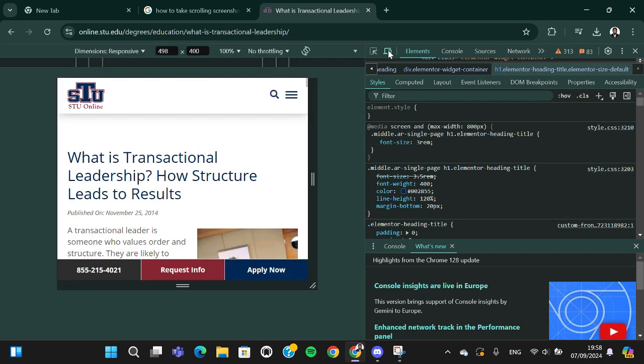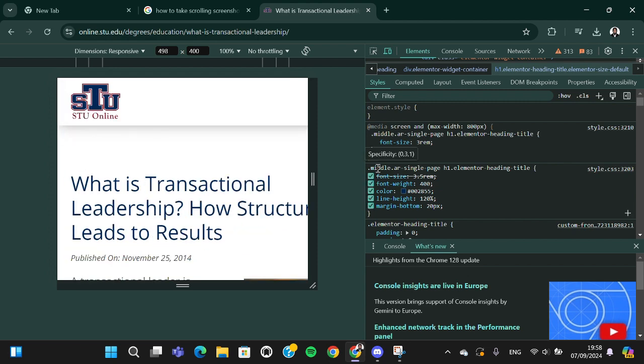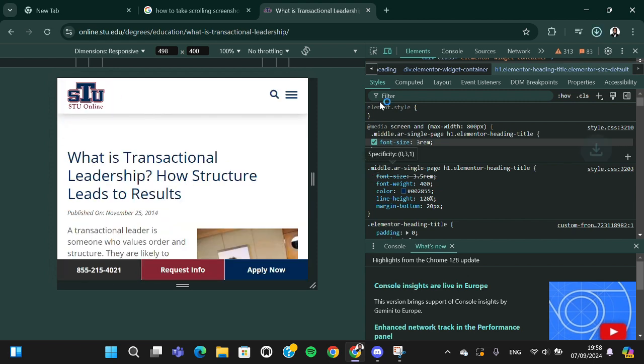Tap on this icon, and then you can click on this little arrow. Just tap on that, and there will be some options for you, and you can click on Capture full size screenshot. Since we want to take a scrolling screenshot, you can click on it, and then the screenshot will be downloaded,